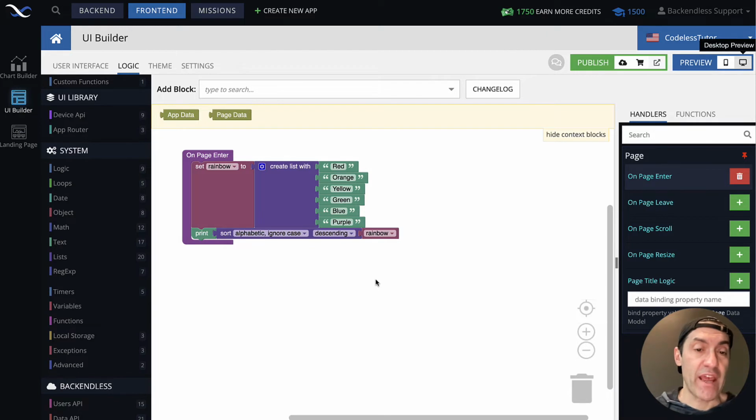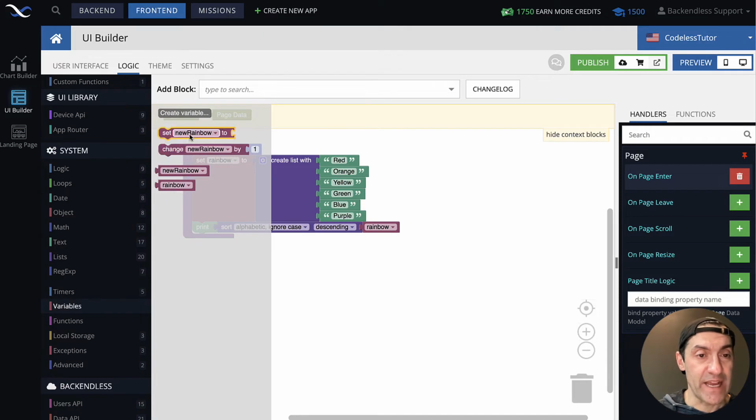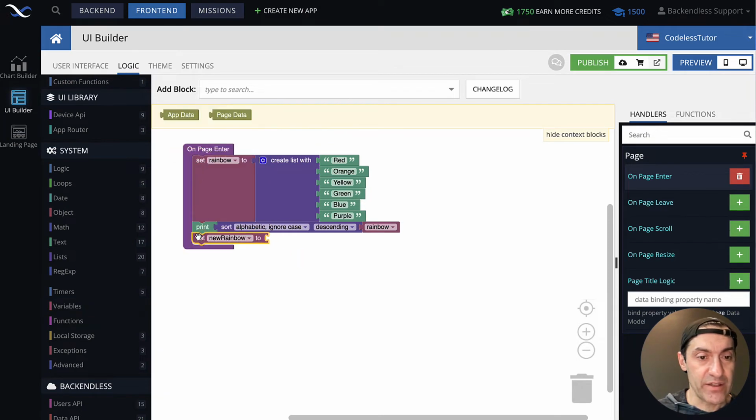If you were to have a list that contains numbers, then the sorting would work exactly the same way, where a list containing numeric values would be sorted in either increasing fashion, which is ascending, or decreasing, which is descending. In fact, let's create a demo, and I will demonstrate how to create a list of numeric values. We will have a list of fixed length with completely random numbers in there. For this, I will create a new variable and call it numbers. And let's set this variable, numbers, to an empty list.